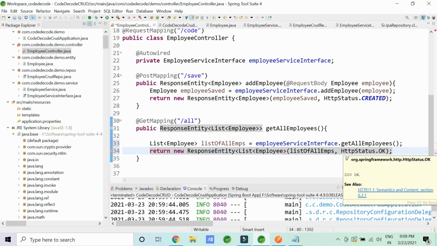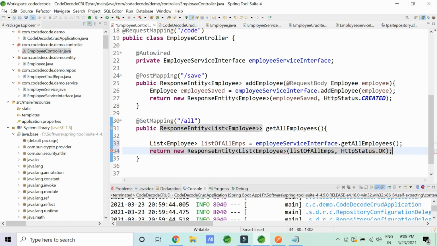If you have doubt in HTTP statuses, what are the reserved statuses like 401, 403, 404, and what statuses are required to be used for the future perspective, what are these series, the 2 series, 3 series, 4 series, please leave me in the comment section. I'll create a new video for that. Currently I'm expecting that you know what these HTTP statuses are all about.